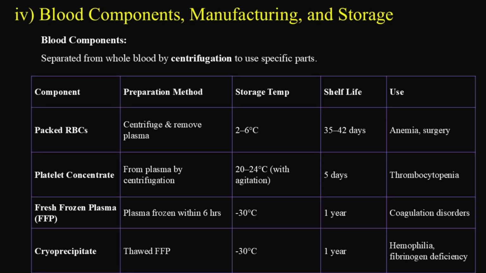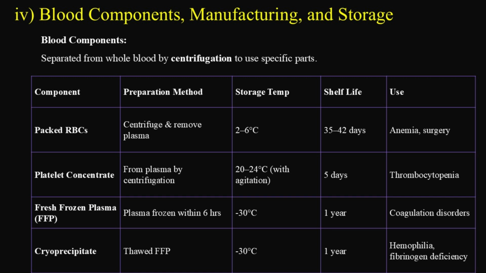Blood components are separated from whole blood by centrifugation. Packed red blood cells, RBCs, are prepared by centrifuging and removing plasma, stored at 2 to 6 degrees Celsius for 35 to 42 days, and used for anemia or surgery. Platelet concentrate is prepared from plasma by centrifugation, stored at 20 to 24 degrees Celsius with agitation for 5 days,